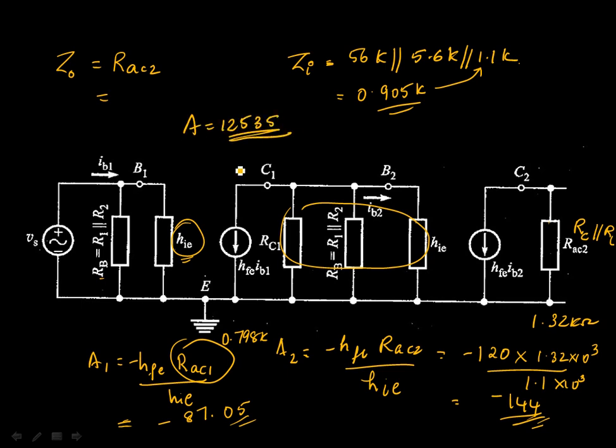Observe one thing, it is positive. That is, the first stage is giving a phase shift, that is given by this negative sign, and this signal is again given a phase shift by the second stage. So ultimately you get that the 180 degree phase shift is avoided from the input to output, since you have an even number of stages here.